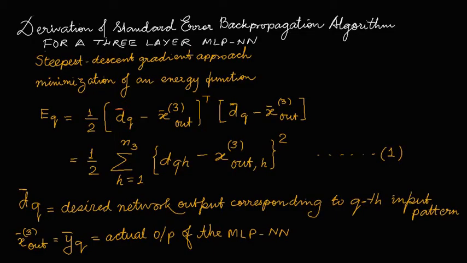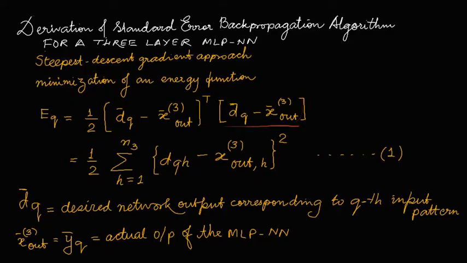This bar above the d is representing that it is a vector. So this d_q minus x3 out, meaning output of the third layer, transpose, actually this whole is a vector, so we will take its transpose and we will multiply with the same